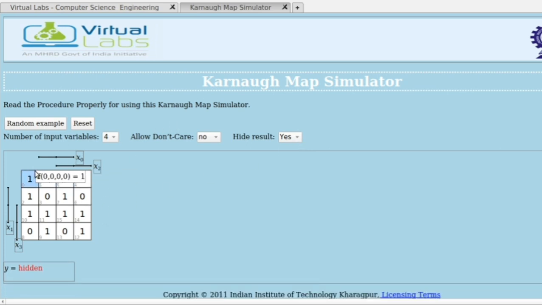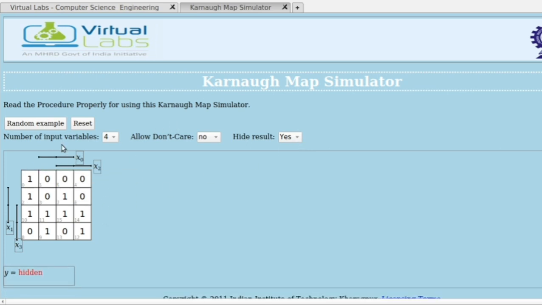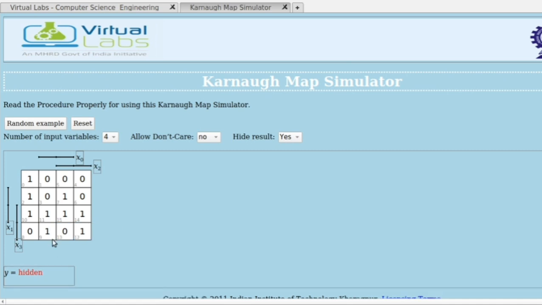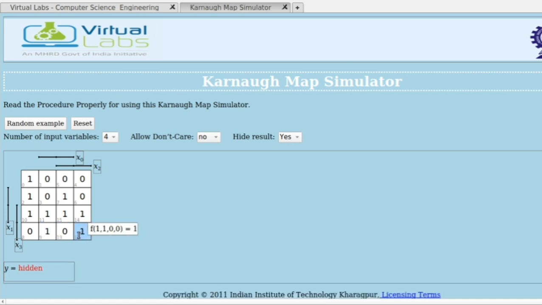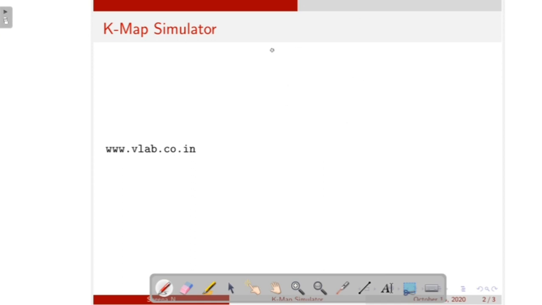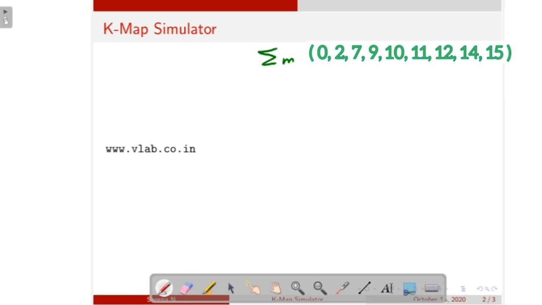Then find out which minterms are 1. Here ones are in squares 0, 2, 7, 10, 11, 15, 14, then 9 and 12. So our expression is sigma m of 0, 2, 7, 9, 10, 11, 12, 14, 15.